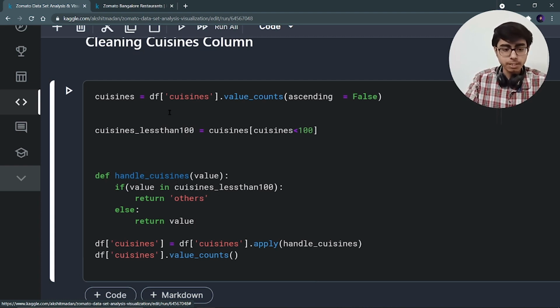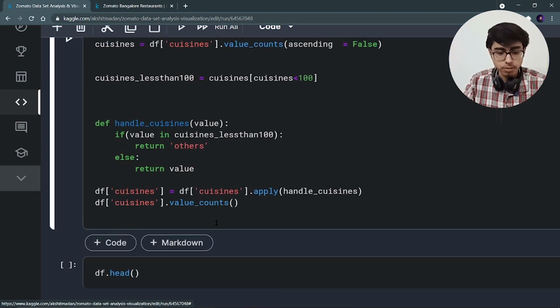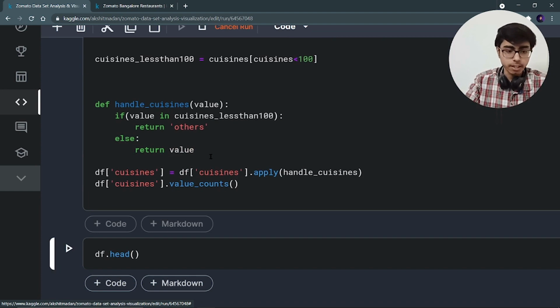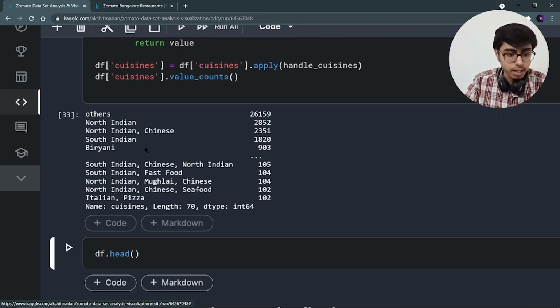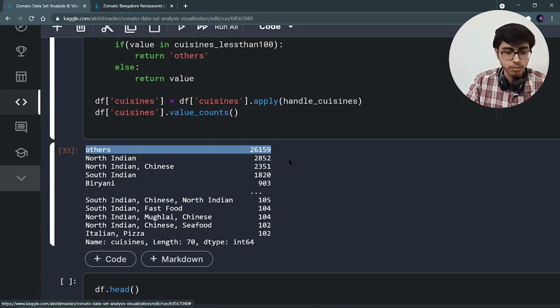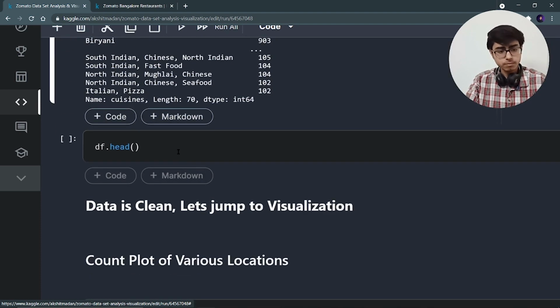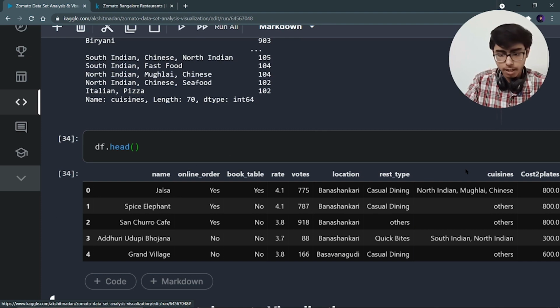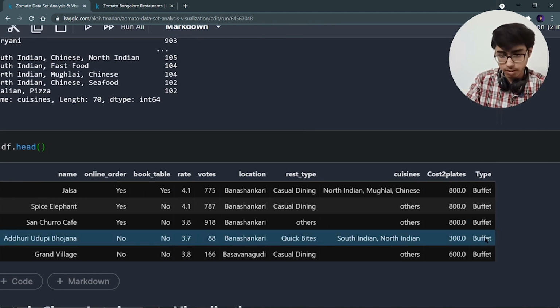If this value is present in this list, that is the extinct cuisines list, then I'm going to return others. Otherwise, I want to return the value. Apply this, and when I run value counts again, I can see this others section, right? Perfect. Let's run df.head, and now only this one is left, type.